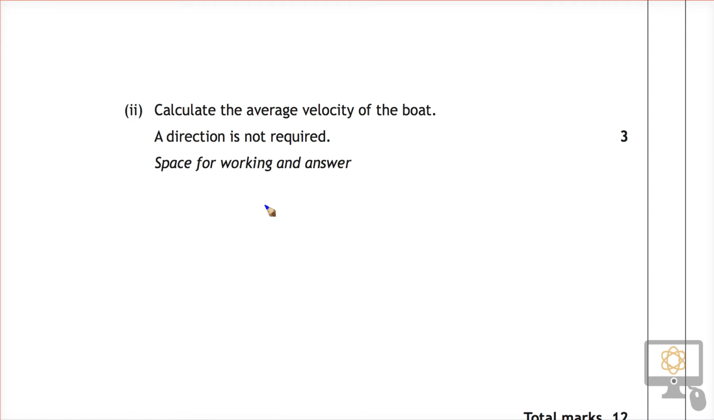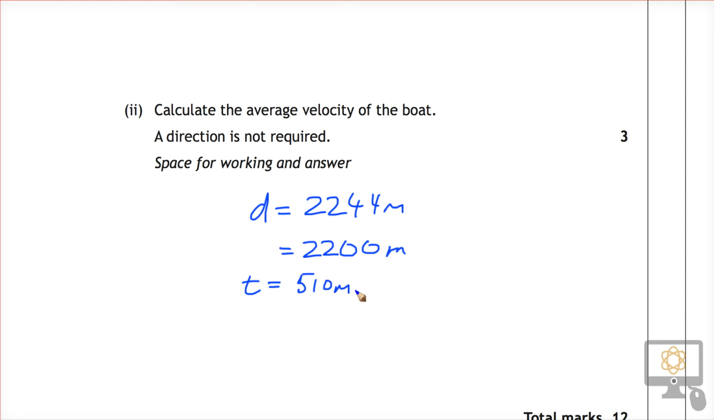2,244 meters. Total distance was 2,244 meters. However, whenever I did the problem, because everything in the question was given to two significant figures, I wrote my answer to two significant figures, which was 2,200 meters. And the time given in the question is the time in the graph, which was 510 seconds. So therefore, to find the average velocity, I have to do distance over time, which is the distance